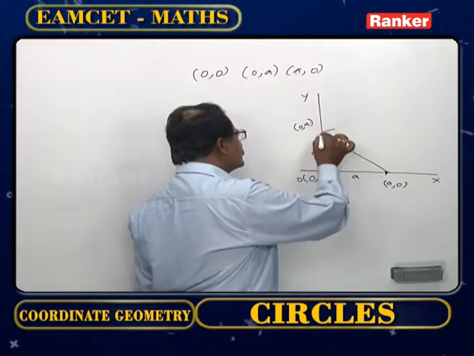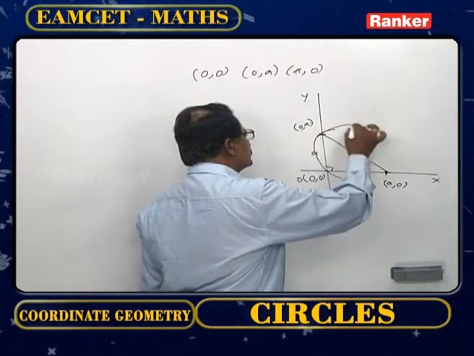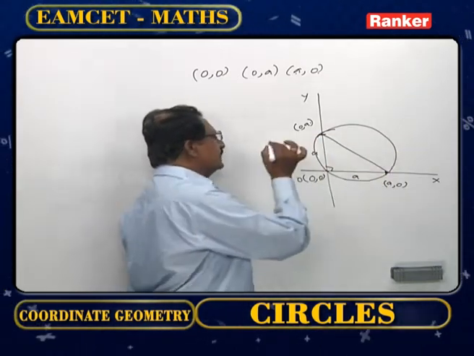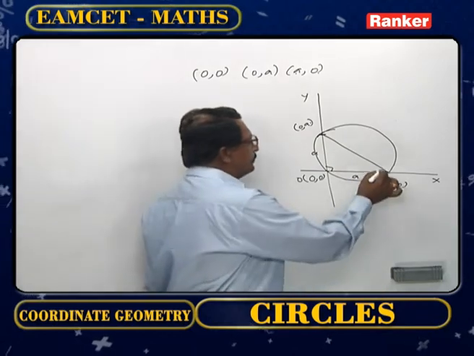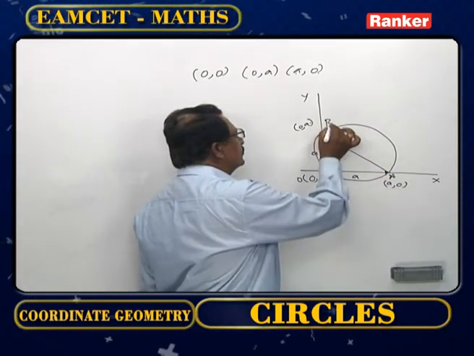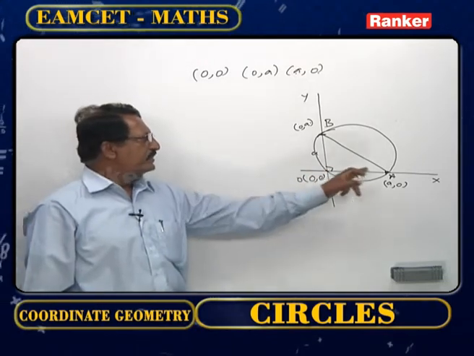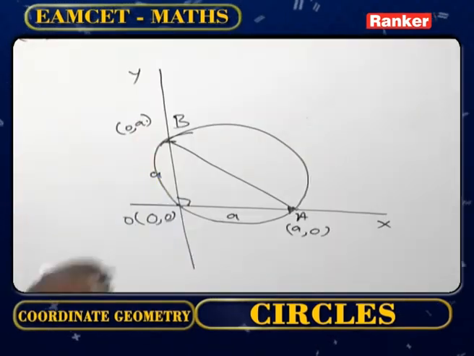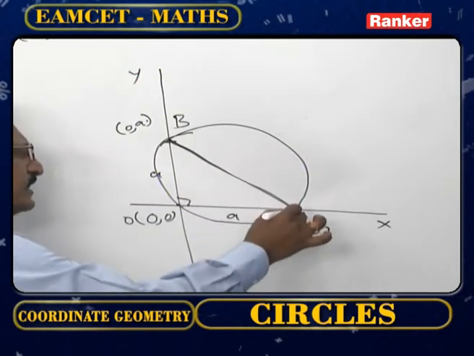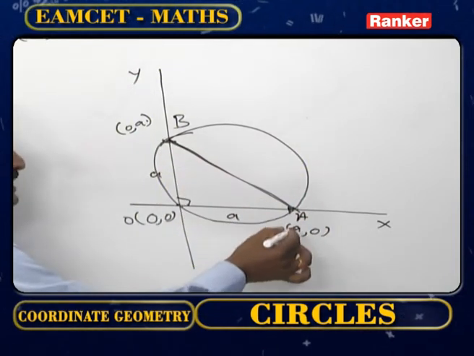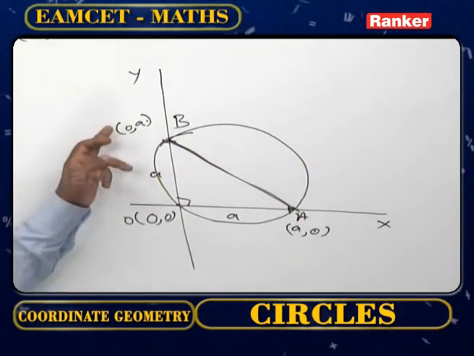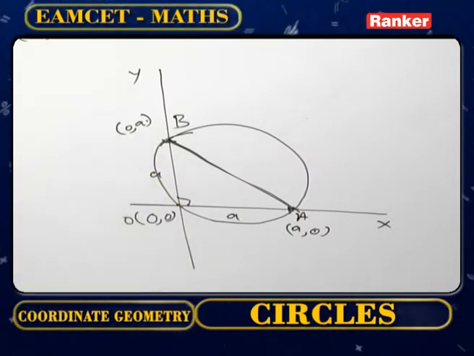The required equation of the circle passes through these 3 points. The 3 points form a triangle, consider triangle OAB. Now AB is the diameter of the circle. Now (a, 0) and (0, a) are the extremities of the diameter. Required equation of the circle: